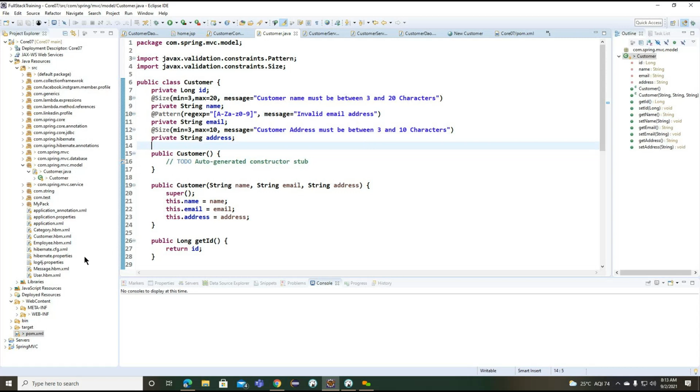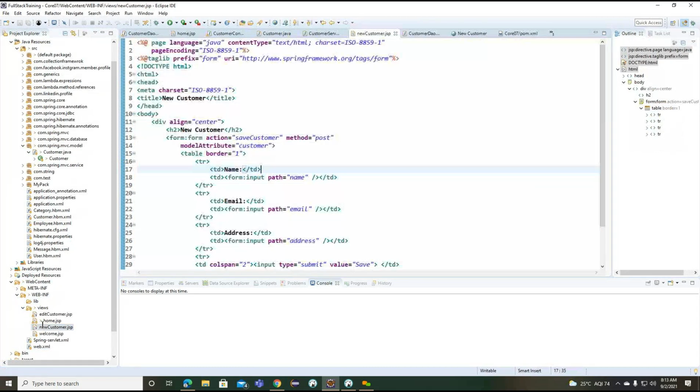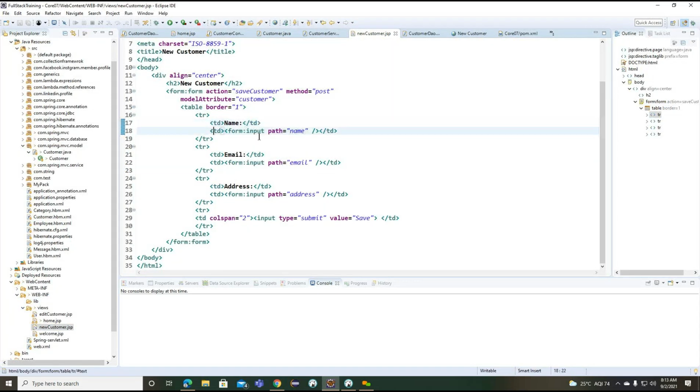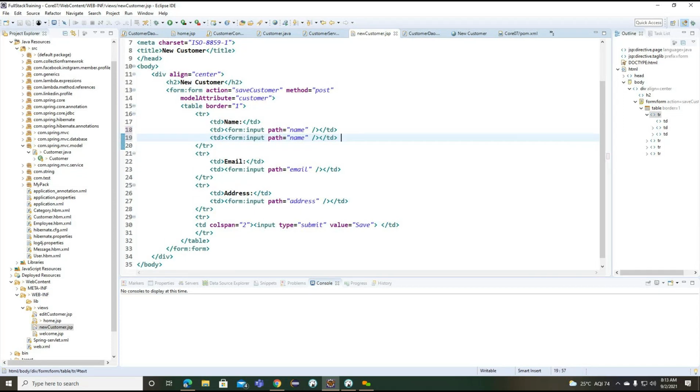So finally, we need to add some information inside this particular new customer JSP. What is the information we need to add here? Because the message we want to show here, to provide this particular message information, what we need to add is called error path here.